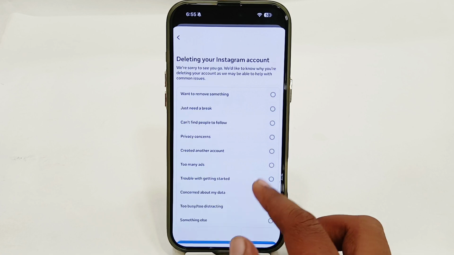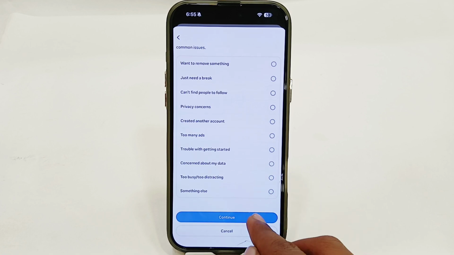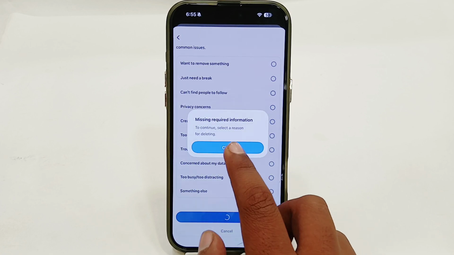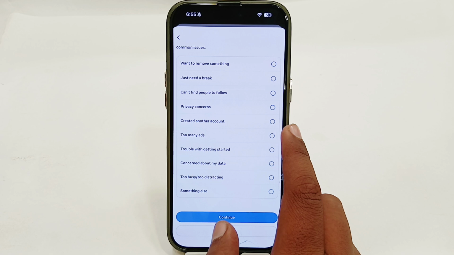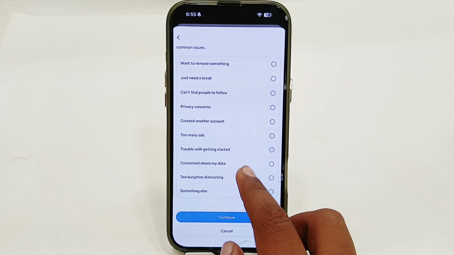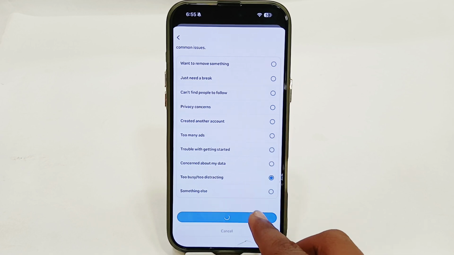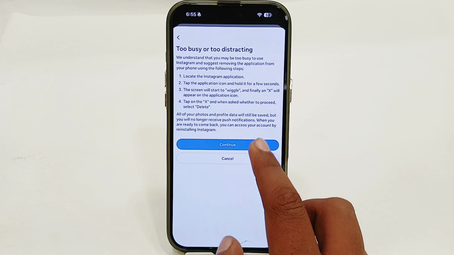Then you have to select any reason, or if you don't want to select one, just continue, or you can also select a reason here. So let's say I'm going to select this one here, just select continue, then select continue